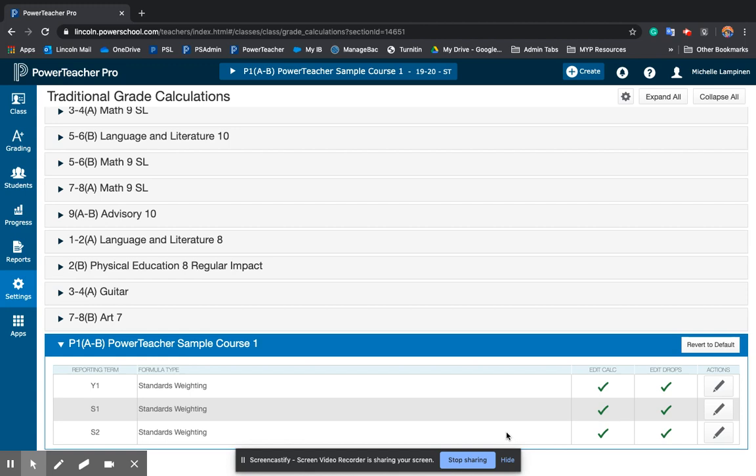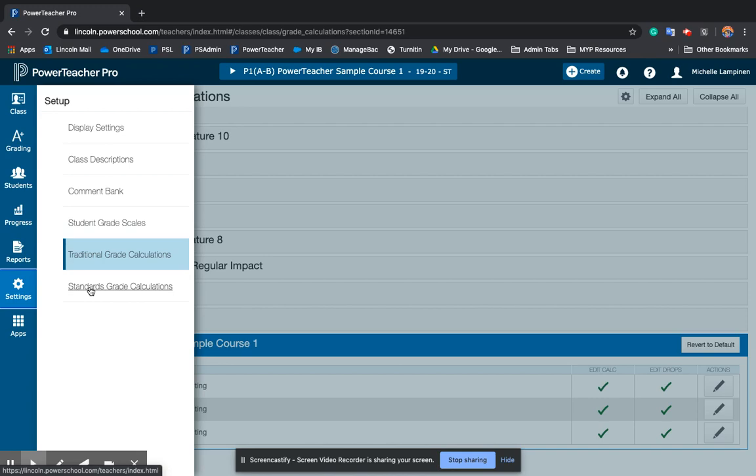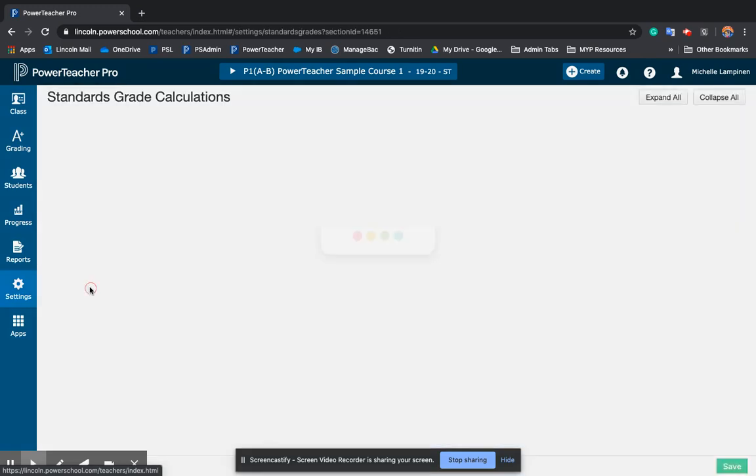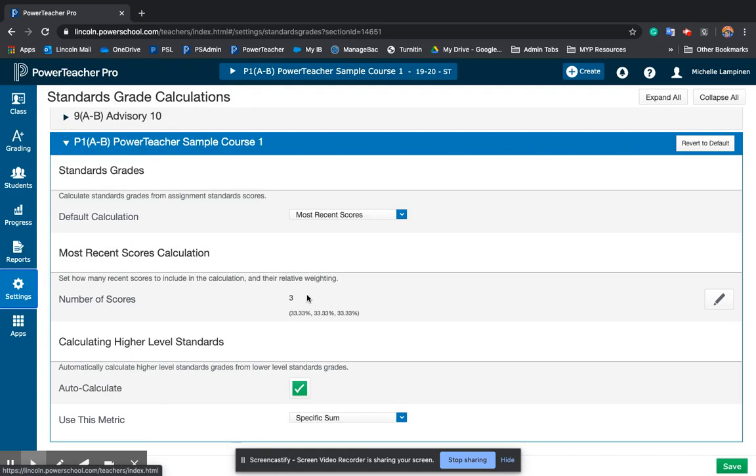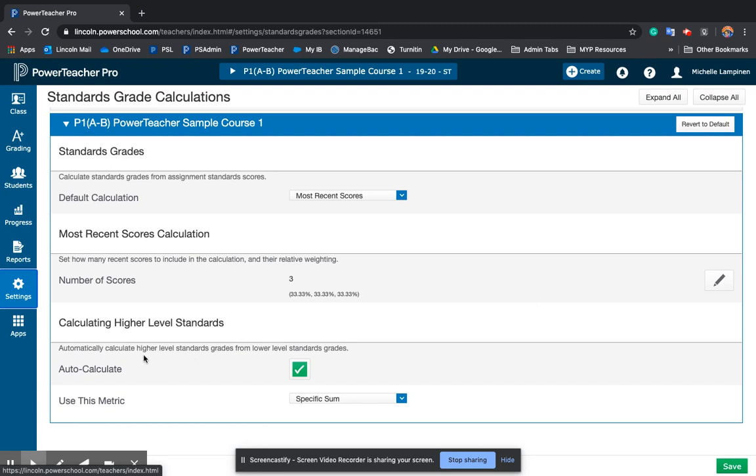The last setting that you need to check and maybe change is this: go into settings again, go to standards grade calculations. Here, you want to make sure that you expand all because you're going to need to change it or check it for each course. So you're going to come down here and make sure that auto calculate is checked. And then where it says use this metric, you're going to want to make sure that it says